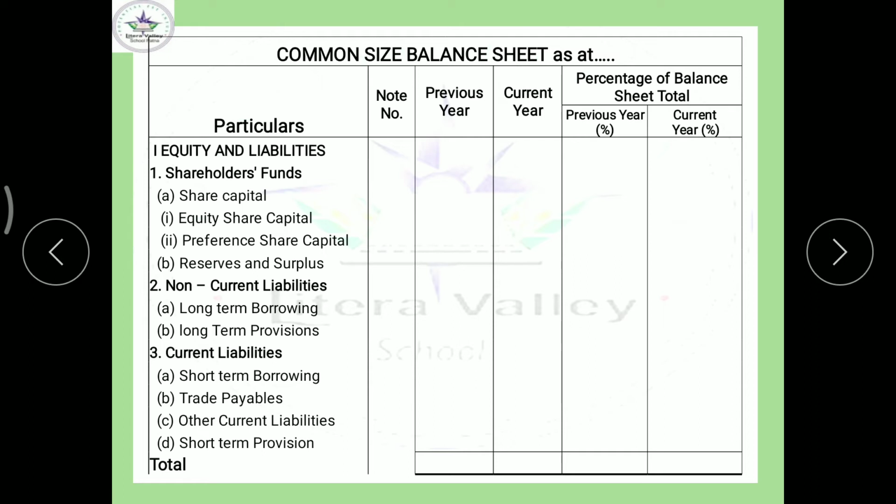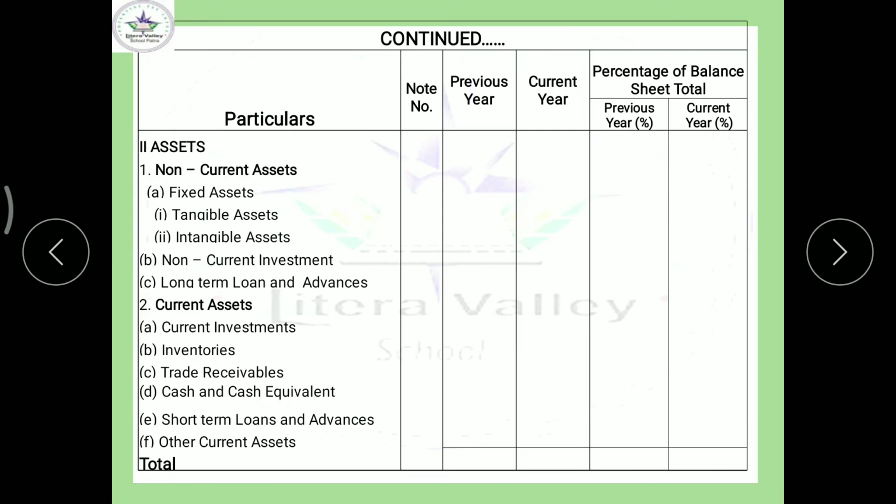Okay, and the rest is the same, the items are the same. This is only the liability side. Here you can see the asset side. Earlier I told you it is just for your reference: particulars, note, previous year, current year, etc. Otherwise these items are not required to be rewritten, because it will be prepared in the same series. You can see here continued written here. So these headings are not required.